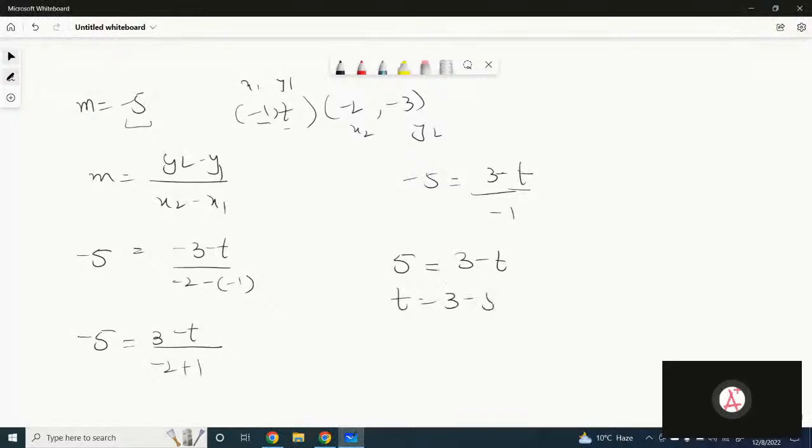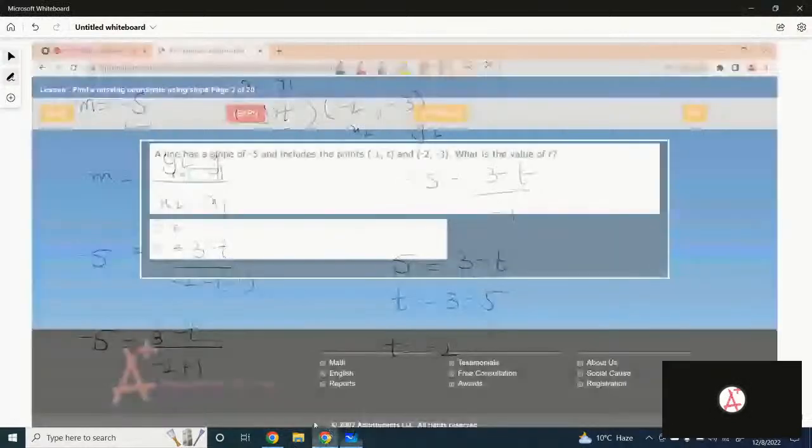It would be 3 minus 5. So 3 minus 5 is negative 2. It would be t equals negative 2. Got it? So just select the correct option and click on the